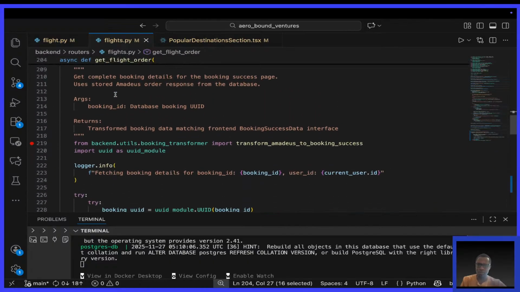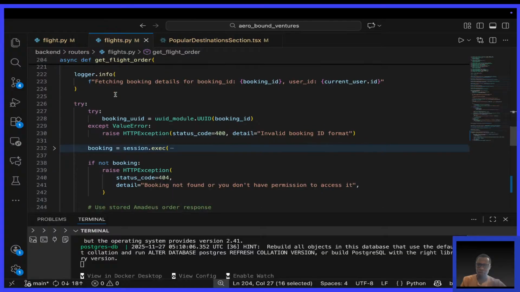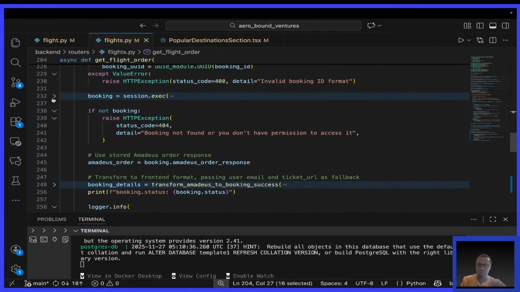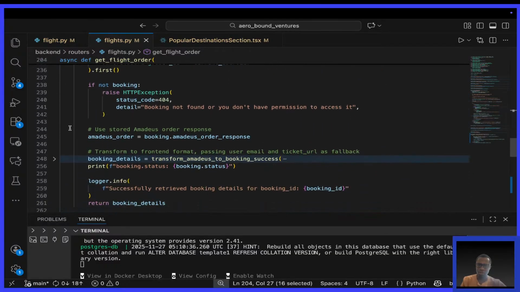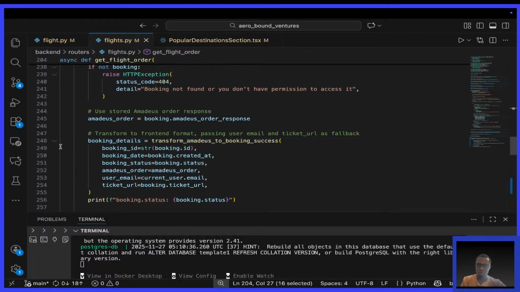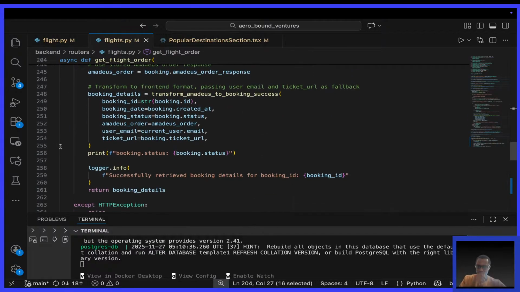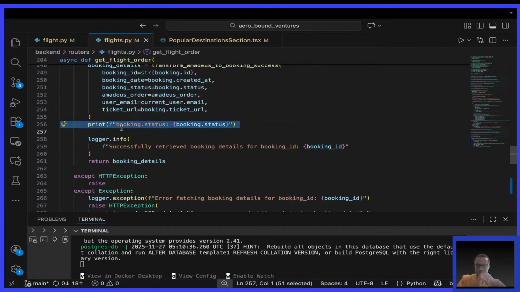Get flight order, okay, in get flight order, what else? What changed? Did I change anything here? I need to be sure. Okay, I need to remove this statement. So when